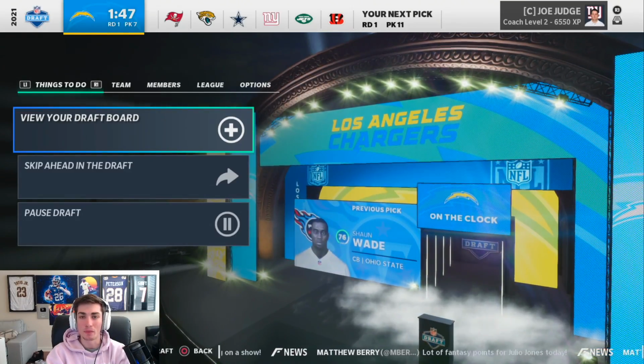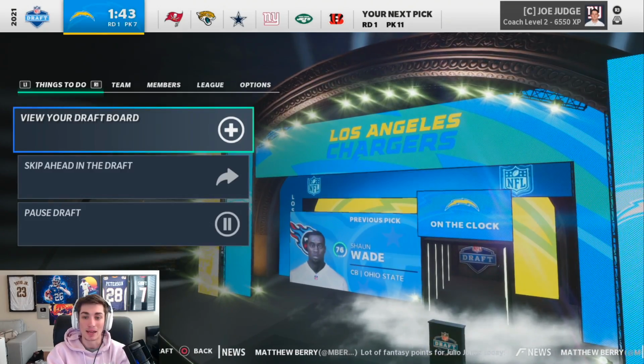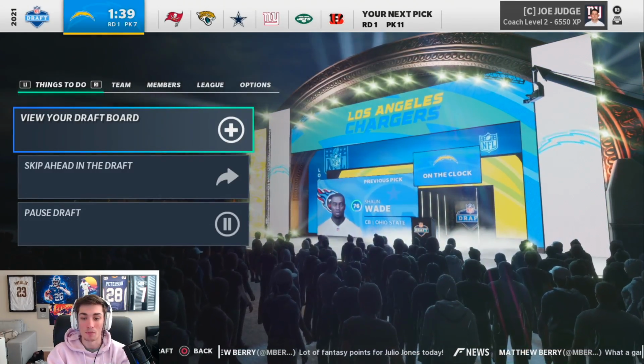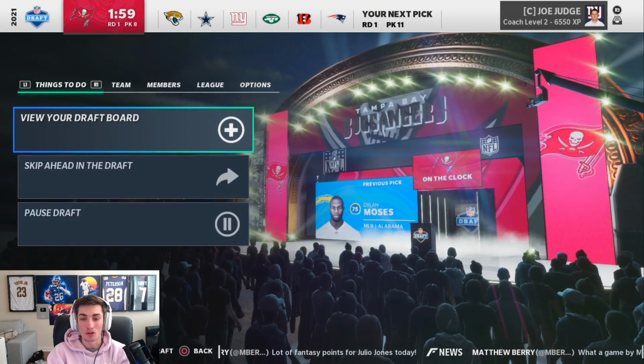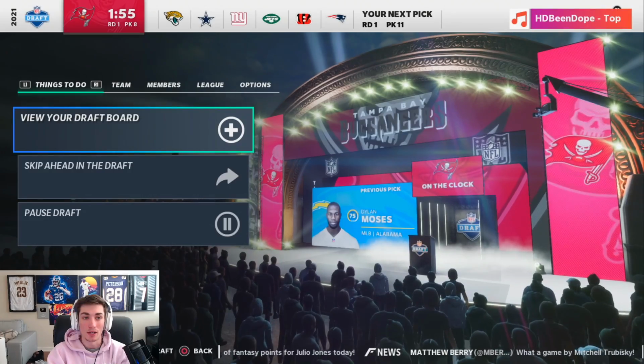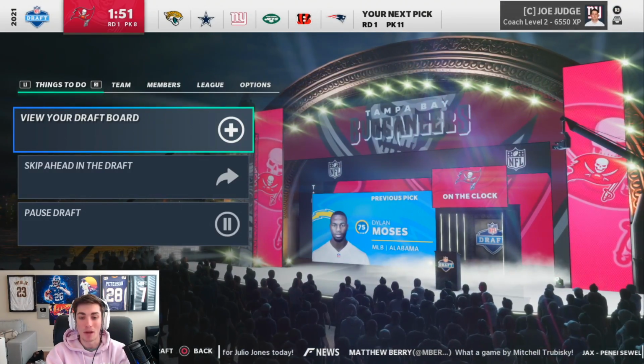Now, he's primarily been playing in the slot for Ohio State just because of the talent at that cornerback position, with Jeff Okudah and guys kind of playing in front of him. Damon Arnette was a boundary guy, but we'll see if he's going to go to the boundary now that both those guys are gone. As Dylan Moses goes to the Chargers in the first round,